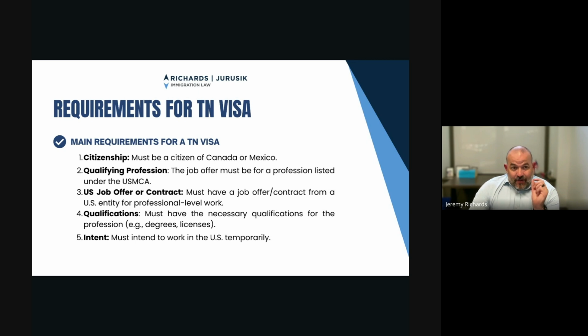So you have to have an offer for professional level work that is available. And if asked, you have to provide proof that that employment is available now. And you're actually going to service a contract or actually perform those professional level duties upon entry in TN status. Now,